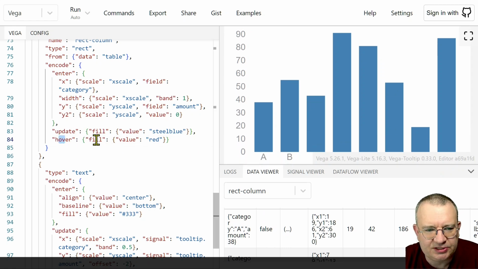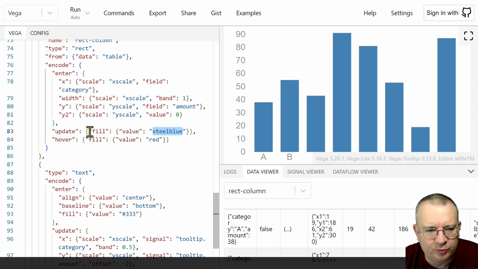And hover says that on hover event, when the cursor is over the rectangle, the color of the filling will be changed to red. You can see it's red, and when it's not over the rectangle, update sets our fill property to